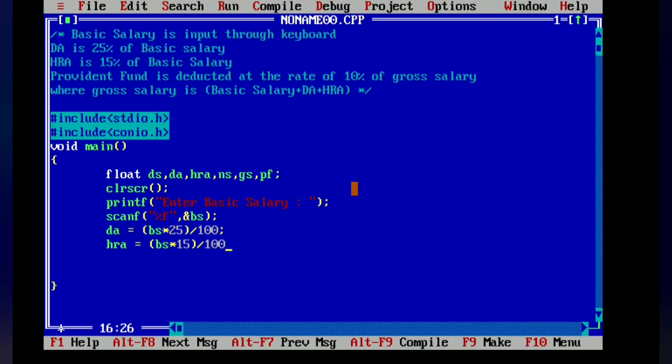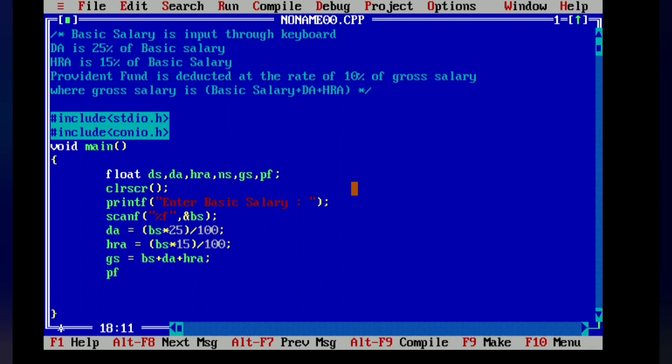As it is given in question, it is only 15%, so we are multiplied by 15. And after that, we are using GS, that is for gross salary. And to calculate this, we are using BS plus DA plus HRA.